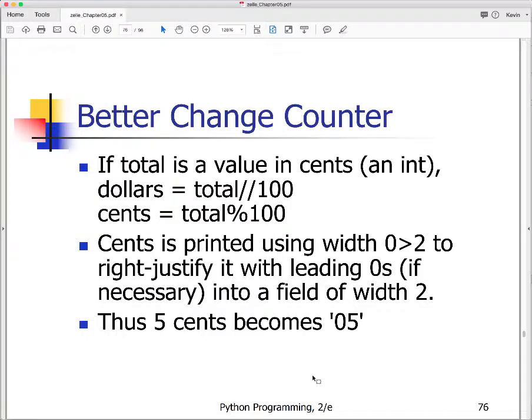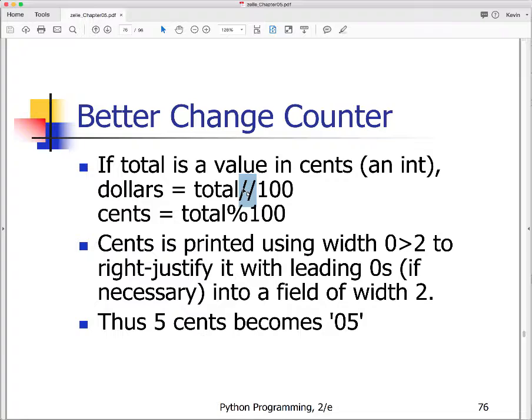Okay, this also gives us another great use case for integer math. You'll remember that in Python 3, if you use the slash to say division, you're going to get floating point division. So you're going to get back a floating point number that potentially has a fractional part. If you use the double slash like we have here, then you're going to get the